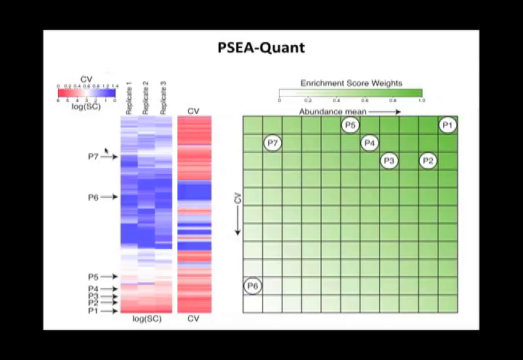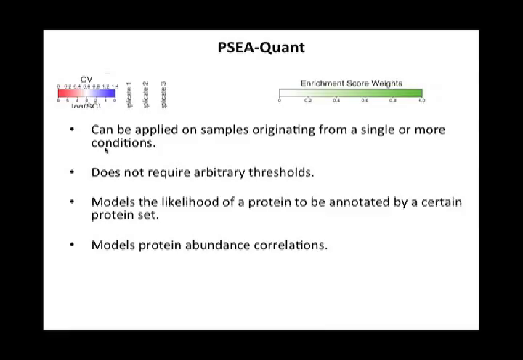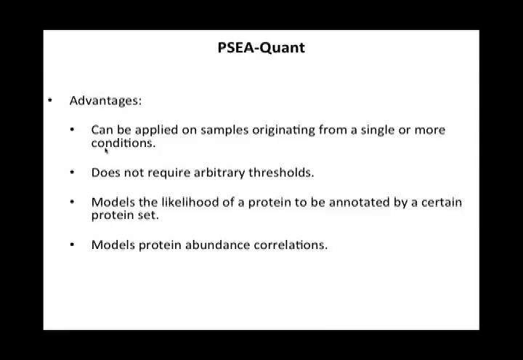So protein sets that are enriched with proteins of high abundance and low coefficient of variation will obtain a high score. We then have a Monte Carlo sampling procedure that assesses the statistical significance of the enrichment scores that are obtained for each protein set. So I'm not going to go into the details of that analysis because that was presented last time, and as was said in the introduction, can be viewed on the internet or referred to in the JPR, the Journal of Proteome Research paper.